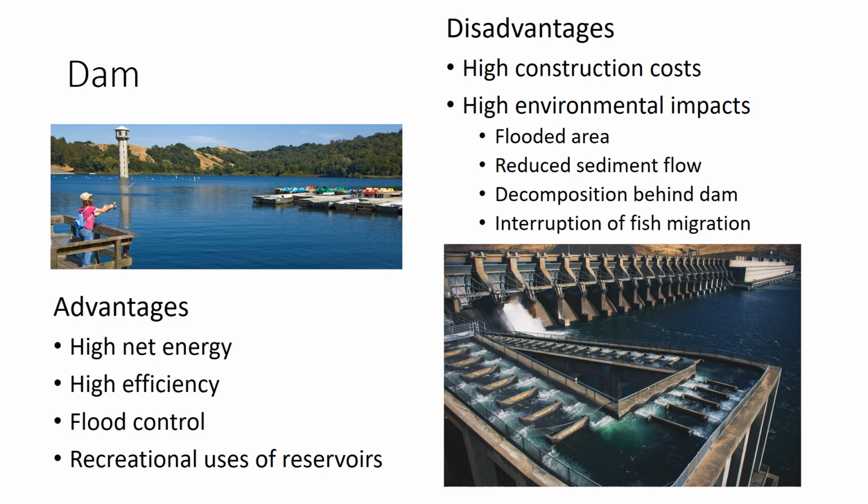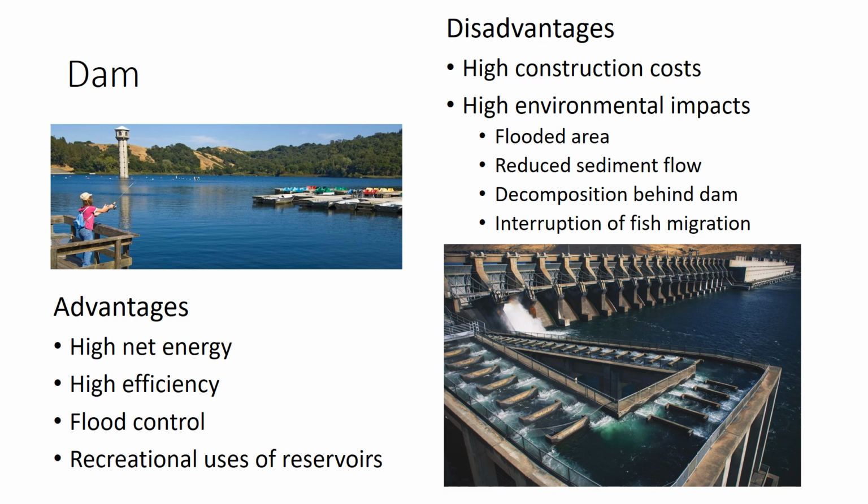But not only that, the sediment that's not getting down the river is not carrying its nutrients with it. So sediments are nutrient heavy. And so what ends up happening is that downriver, you actually have quite a bit of nutrient depletion. And then you also have an interruption of migration up the river. So for example, you have fish migration, like salmon who have to swim upriver in order to spawn in their natal streams, like where they were born, they go back to.